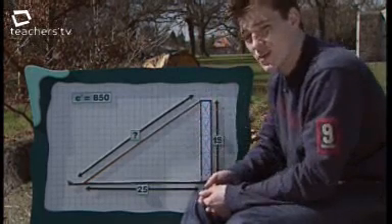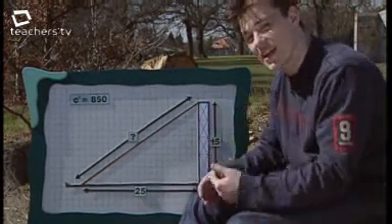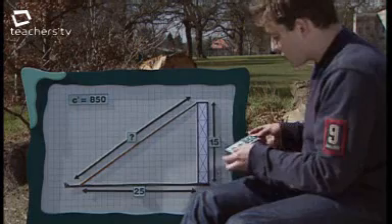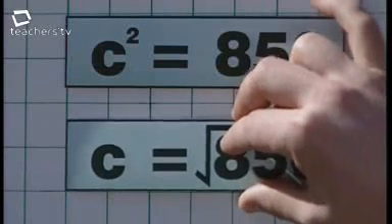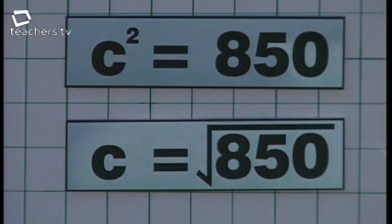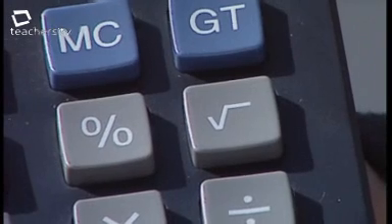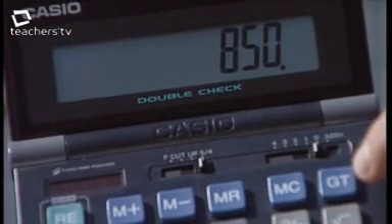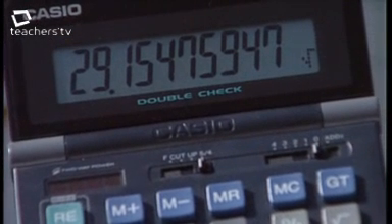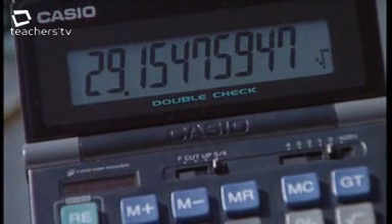So, to work out what C is, we need to do the opposite of squaring, which is called taking the square root, which is drawn like that. So, C equals the square root of 850. Now, the square root is this button here, and all you have to do is whack in 850 on your calculator, press the square root button, and we see that C equals